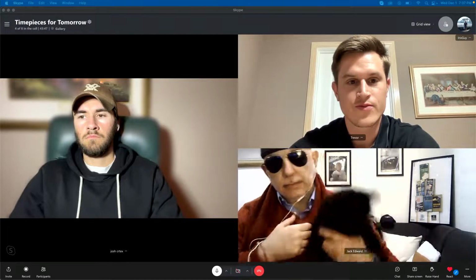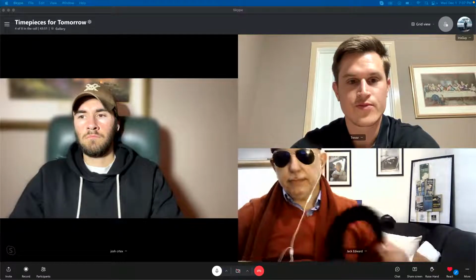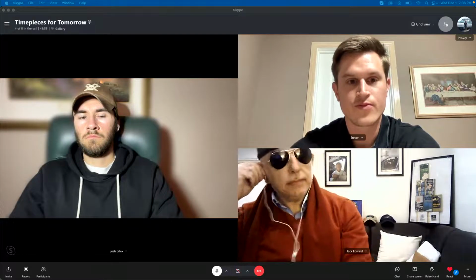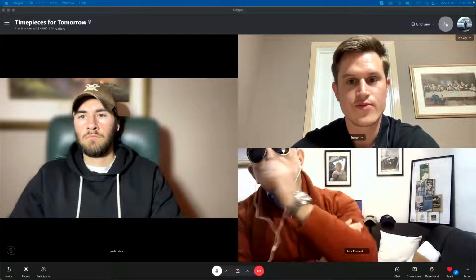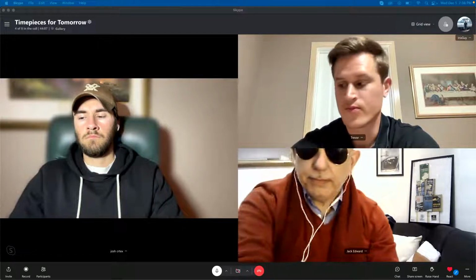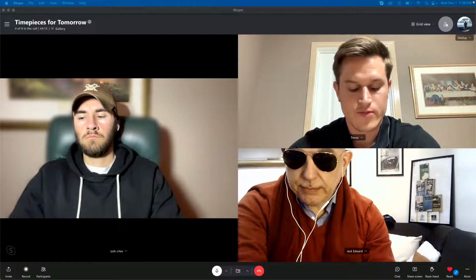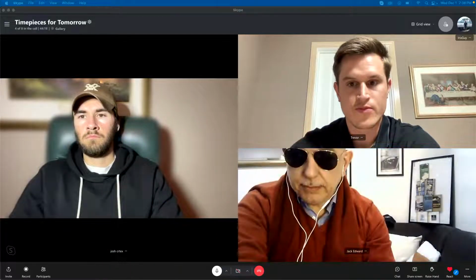The first watch I bought was when I was only 20 years old, and that was the Omega Seamaster 300M Blue Wave dial pre-coaxial. It's an awesome watch. I'm never going to depart with it. It's phenomenal. And the next piece that I got was significantly later than that. It was 2009, and that's when I got married. I just wanted to get a watch on the honeymoon, and I picked up